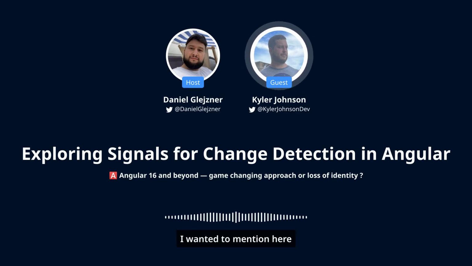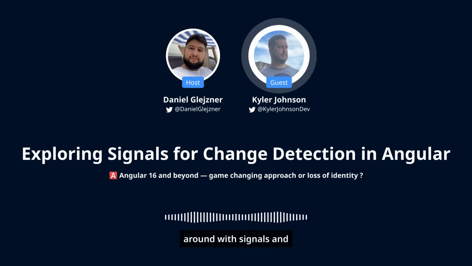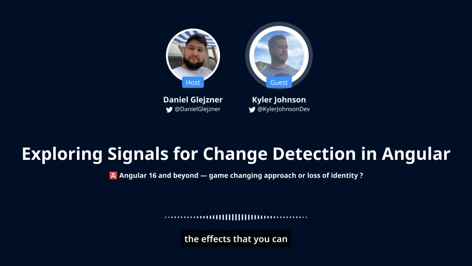One thing I wanted to mention here is that I've played around with signals and the effects that you can do with them. And while I think this is going to simplify Angular, people can get started and build basic CRUD apps without ever using RxJS.